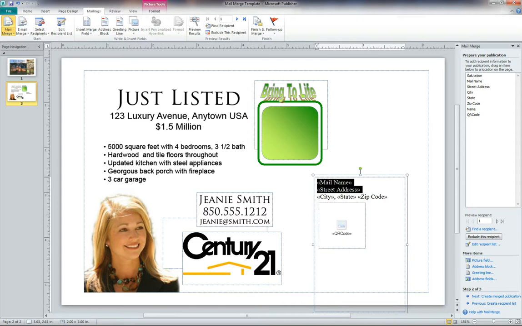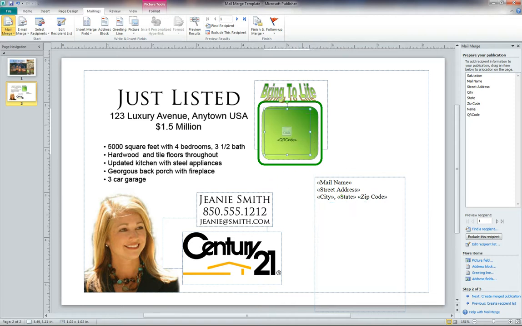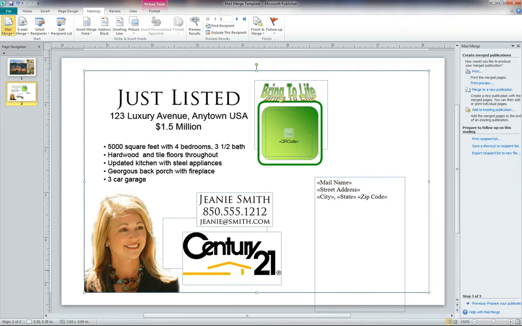And there's our QR code. So I want to grab this QR code and drag it into our little bring to life box. Perfect. Well, we're almost done, so let's go ahead and hit the next step and look at a print preview